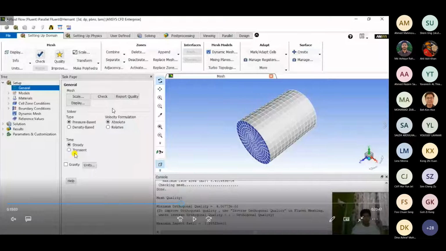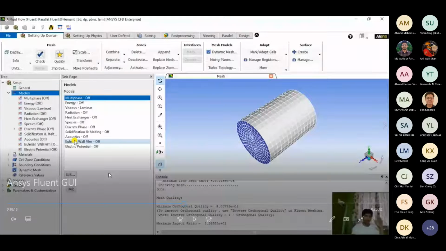Now here you also have the gravity option, which depends on what kind of analysis you are running. For steady state and simpler analysis, you generally don't turn on gravity. But if there are advanced options, like if you're running with the transient option, which is time dependent, then you might need to have your gravity on.